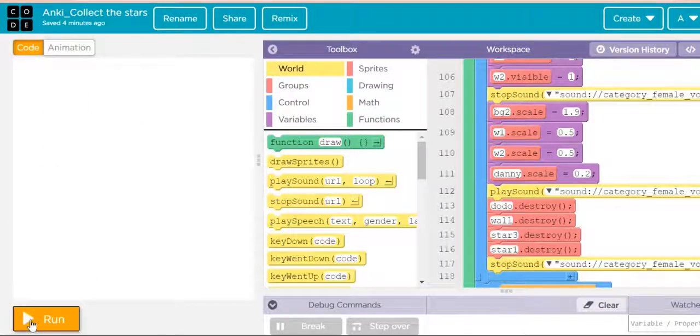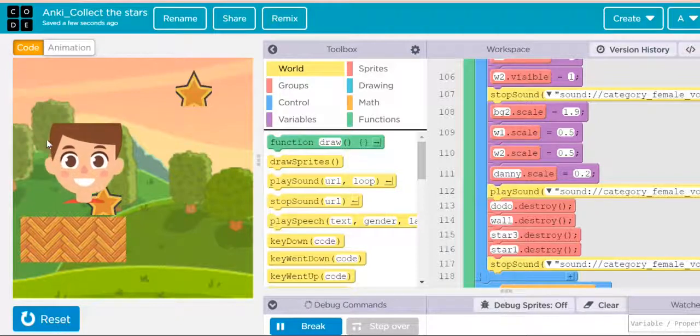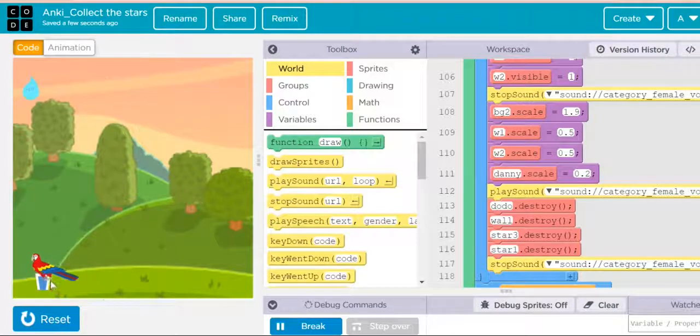So let's see how to create it. If I run it, I click on Danny. Now I'm moving the arrow keys, with the help of the left and the down arrow, right and the down arrow key, I'm able to move the sprite. Now he has drunk the water. Now he's started flying in the sky. We have added an event, so he has again earned 2 points, 2 brownies. In the first one, he collected 2 stars. Now he earned 2 points for water, and now he's again flying high in the sky. So the 2 game objectives are achieved.